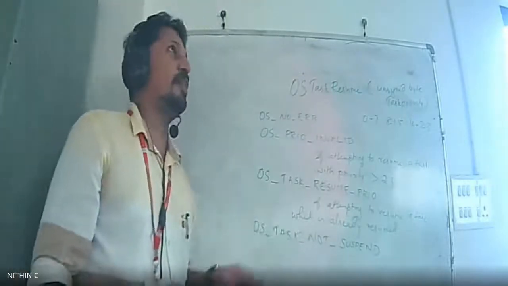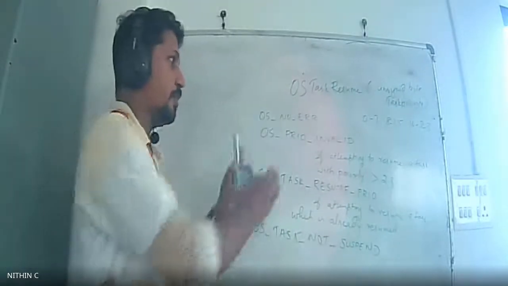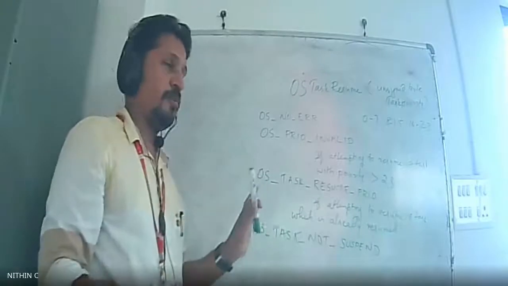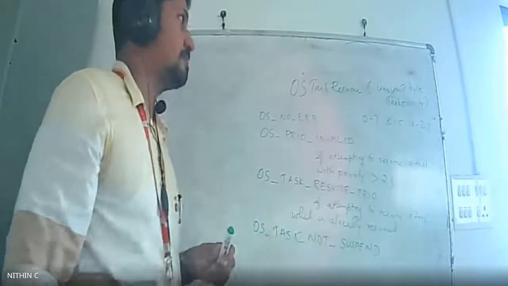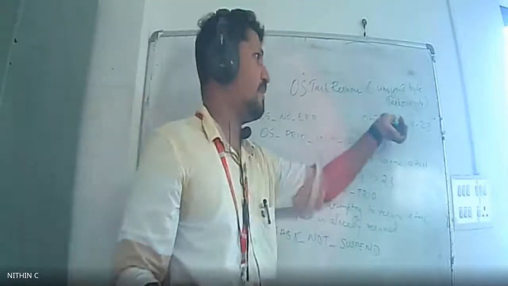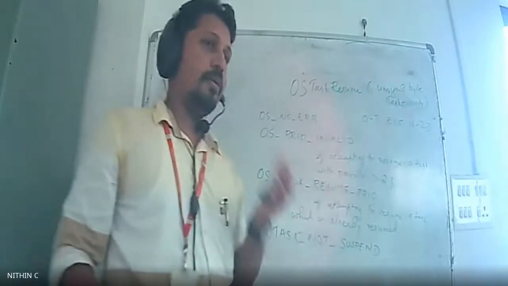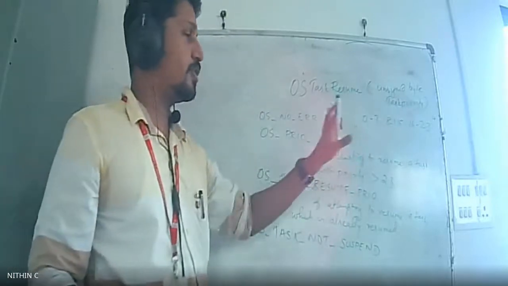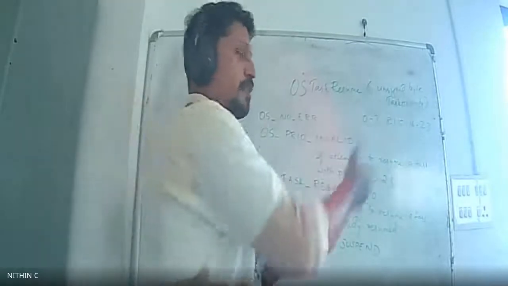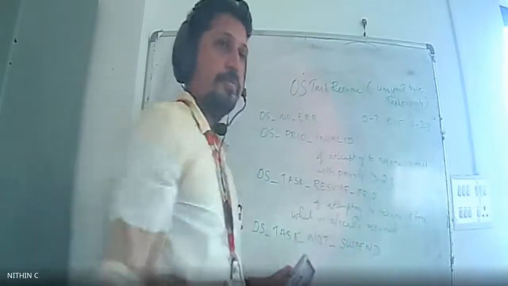This itself has been asked for 8 to 10 marks. You just have to mention these functions, and at the same time, you need to explain how they work. You can do that with the help of an example. Not necessarily 8 user tasks, but it should be properly written. If you are taking an example of this kind, you should mention that you are considering a case where the maximum number of tasks is 24 and the number of user level tasks is 8.